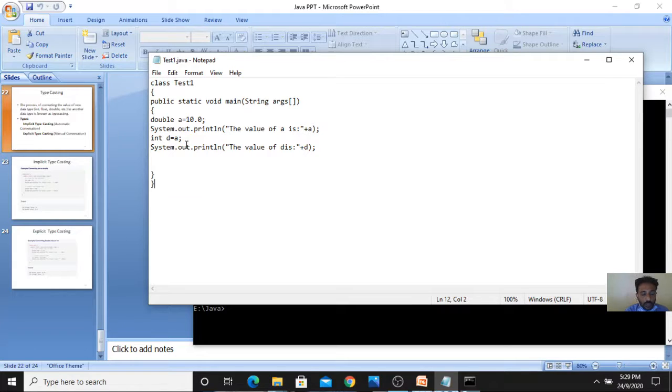Now I will show you how to convert double to int. Here just pass the type which you want to convert into. I want to convert into int, so I will just pass int, and then the variable name, which here is a.